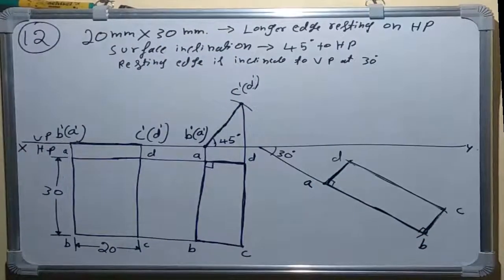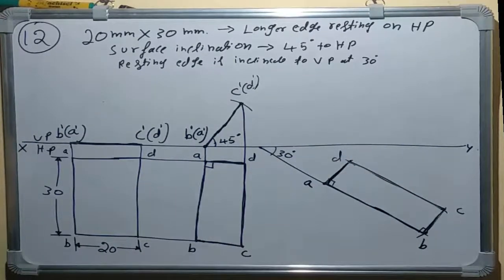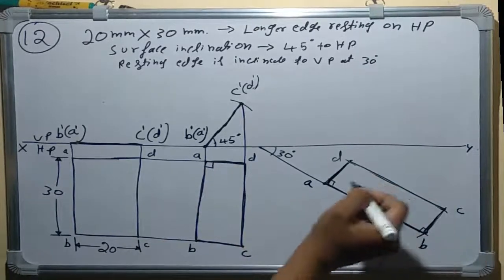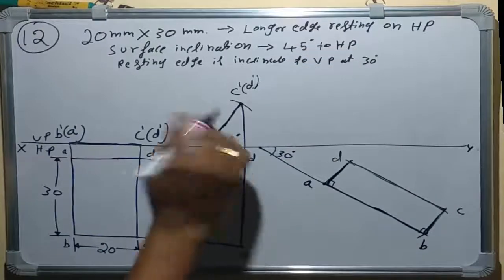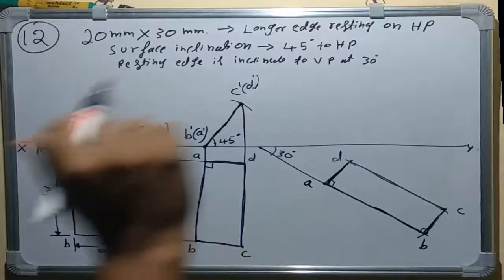Okay, now we made these angles. The edge is inclined here, ABC. We finished, and the 30 degree resting edge condition is satisfied. And last, to get the final front view, from all these corners we draw the vertical projections, and from the front view we draw horizontal projections, get all four corners, and join them.